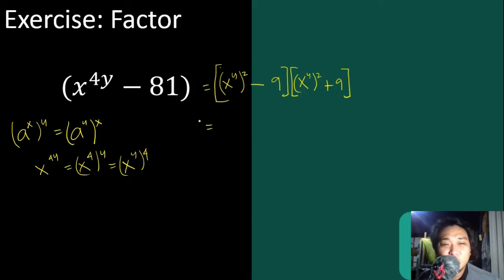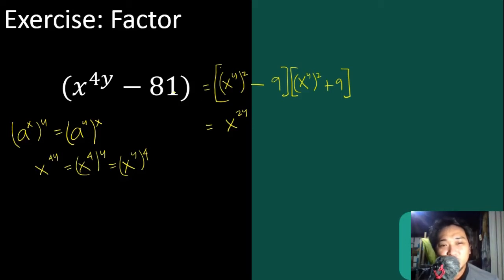O, tulad nung naituro ko sa inyo dati, all we have to do is to divide all of this exponent by 2. Di-divide lang natin yan sa 2. So, ano yung magiging quotient niya? So, if we divide it by 2, that will be x raised to 2y,